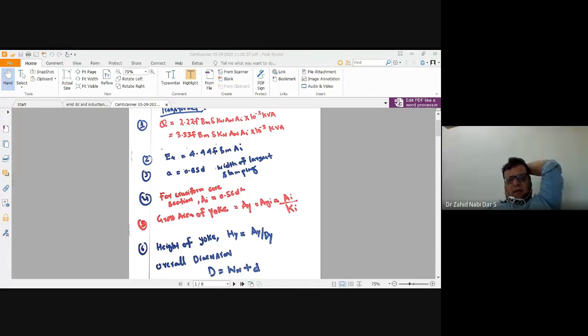See how many formulas there are. These are not many formulas. In yesterday's class there were about 20 formulas, and today's class must have 10-15 formulas. If most of the paper comes as numericals, once you know the formula, you can simply substitute the values and score 12, 14, 15 marks. So you can score well in EMD, and you can give me a very good result, but you need to remember these formulas and practice.